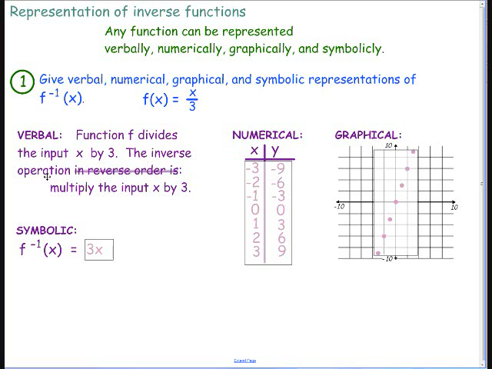So the inverse is going to be, we don't have to worry about reverse order because there's only one thing happening here, dividing by 3. We're going to do the opposite of dividing by 3, which is multiply x by 3. So symbolically, it looks like this. There's our input, we multiply it by 3. If we did it numerically,